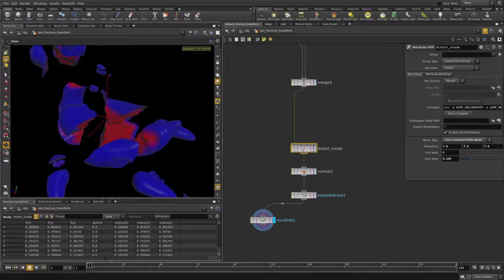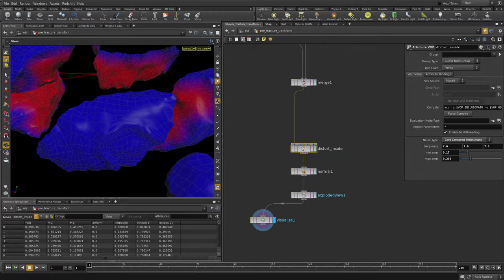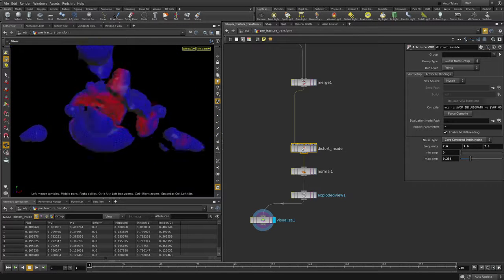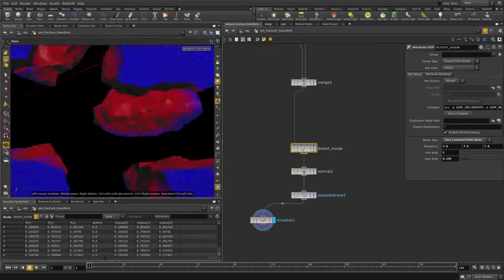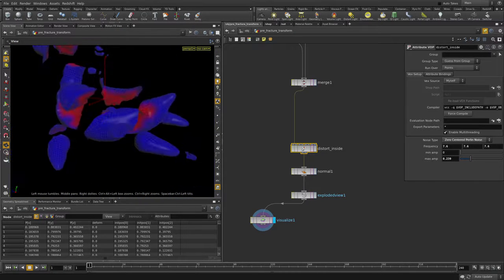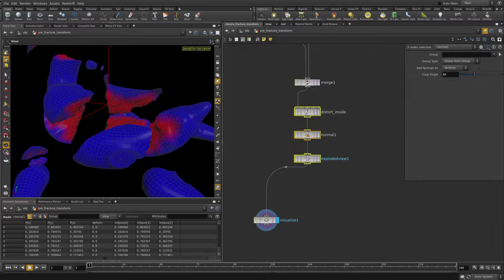And in theory, you could use the min amp value if you also want a little bit of distortion here on the surface. So if you do something like that, then also the outside gets distorted, but that's just to have more control. But basically, that's the whole setup. So you now have pretty good control over what is distorted and what is not. And if we simply go back up here